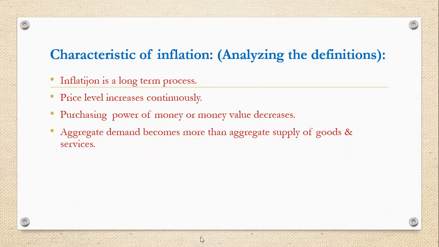And in this situation, when inflation occurs, we see aggregate demand becomes more than aggregate supply of goods and services. Okay, why is aggregate demand more? Because there is more flow of money in the economy, so aggregate demand is more, but aggregate supply of goods and services is less than aggregate demand, because in a short period of time goods and services production cannot be increased quickly, but there is more demand, and in that case, if resources are fully employed, it is not possible to meet the excess demand with more supply, and in that case price increases. So aggregate demand becomes more than aggregate supply of goods and services. This situation we see,